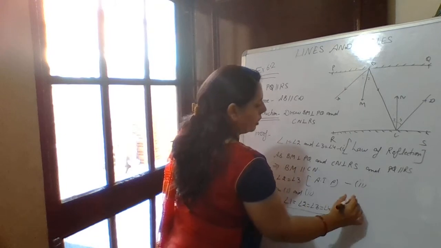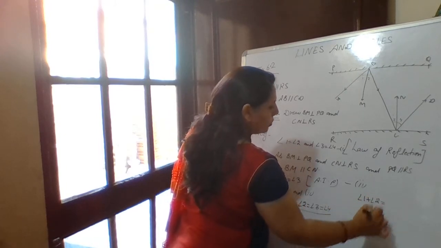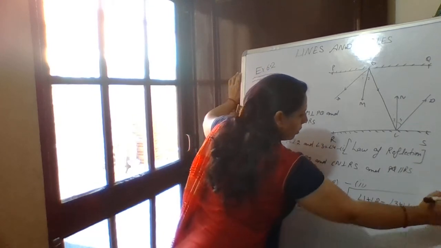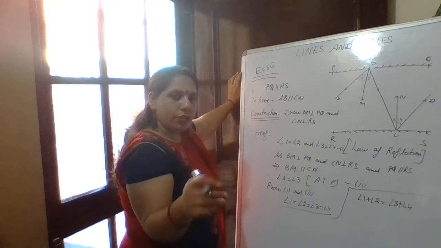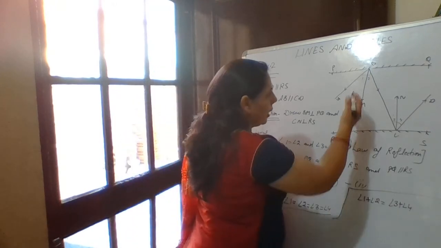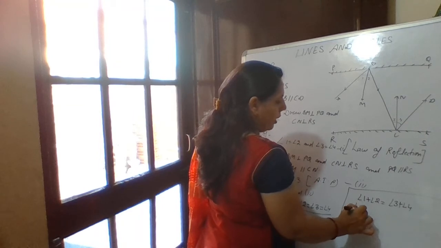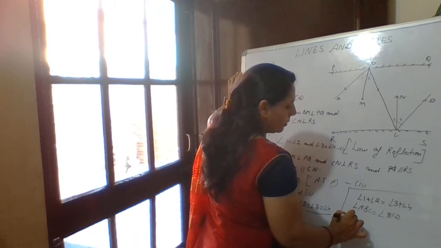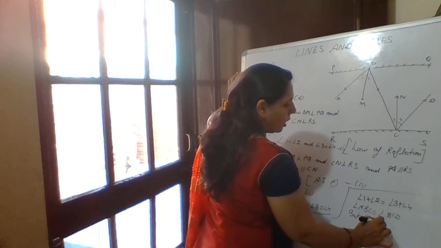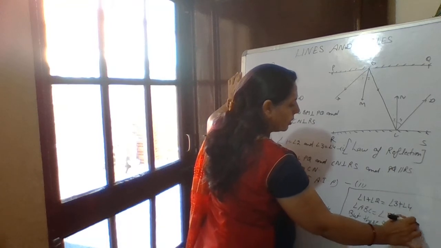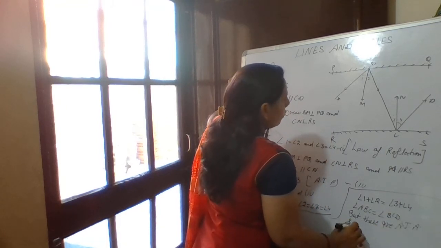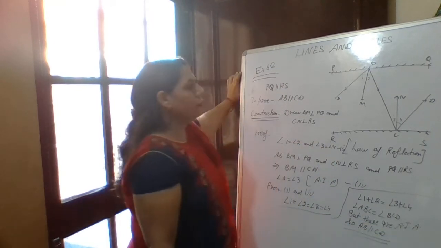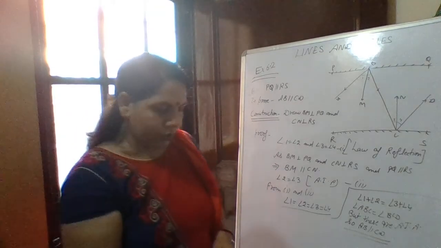We will add angle 1 plus angle 2 equals angle 3 plus angle 4. We can write it. Why? Because all these four angles are equal. So we are taking two on one side and two on the other side. Angle 1 plus angle 2, this is angle ABC, equals angle BCD. But these are alternate interior angles. So AB parallel to CD. And this we had to prove. This was the last question of this exercise.